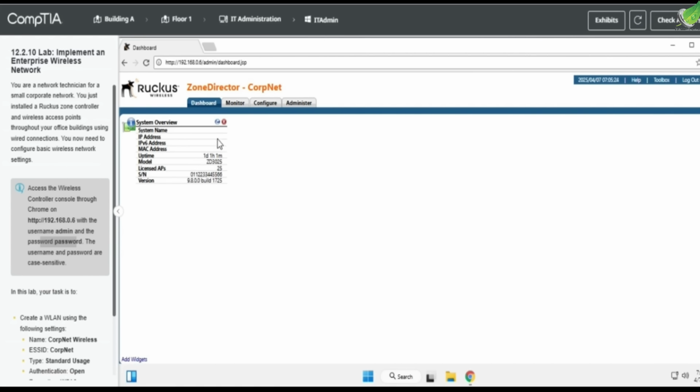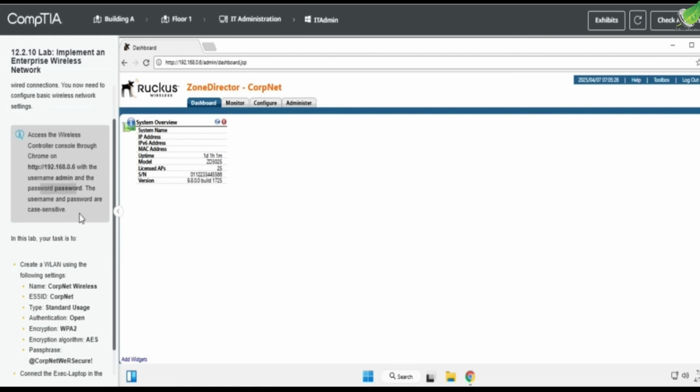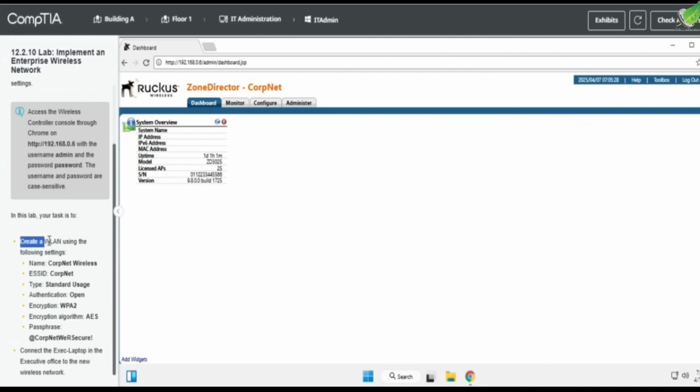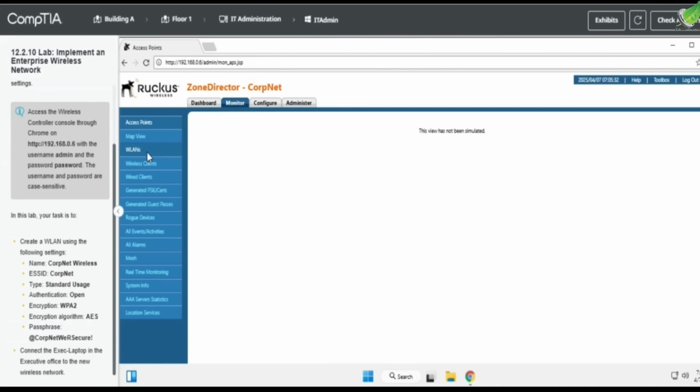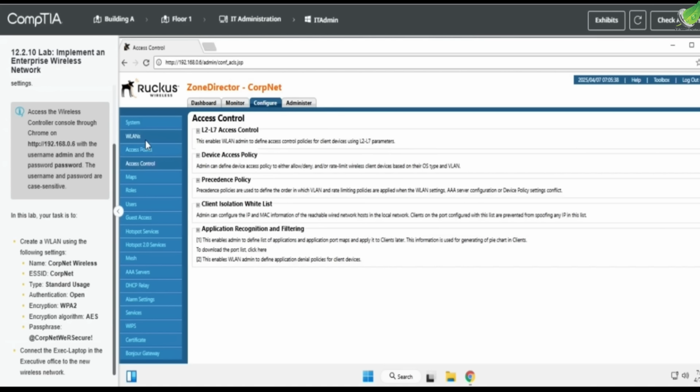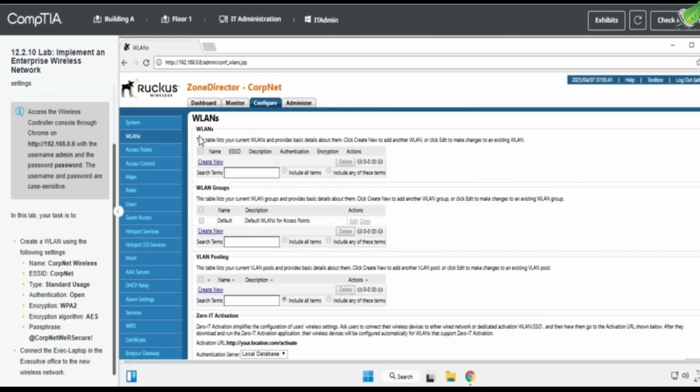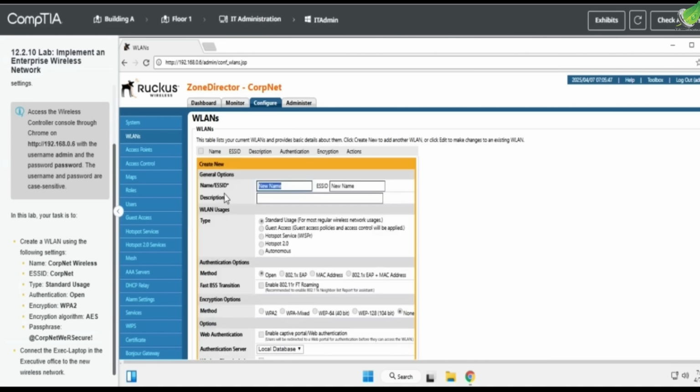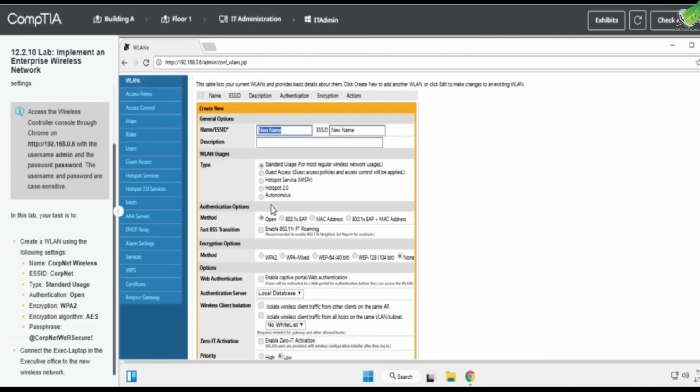Okay, so let's see. Create a WLAN using the following. So we'll go to monitor, WLAN, configure, let's see, disable the current WLAN, create new. Okay, let's see what we have. It's gonna be